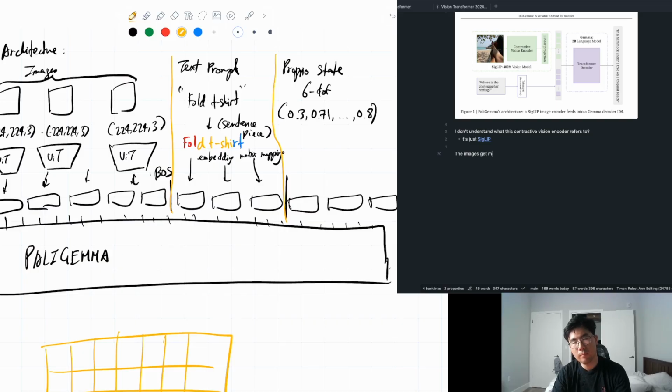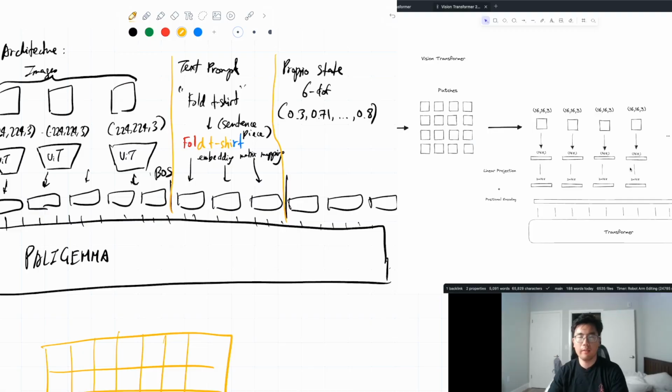Images get mapped into the same embedding space as the text. Also see Pi0, how I explain this. Okay. And then